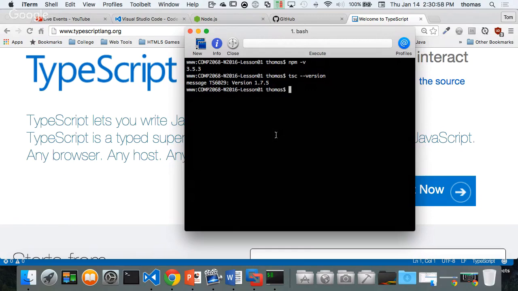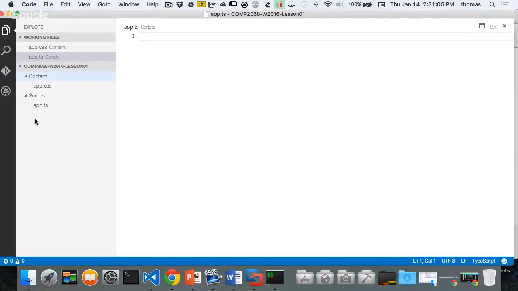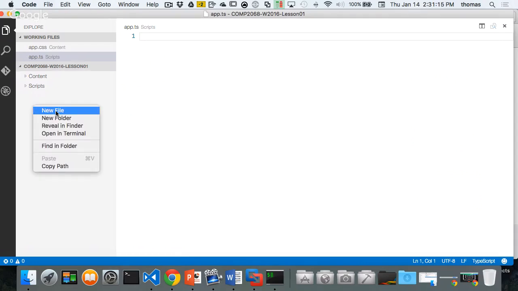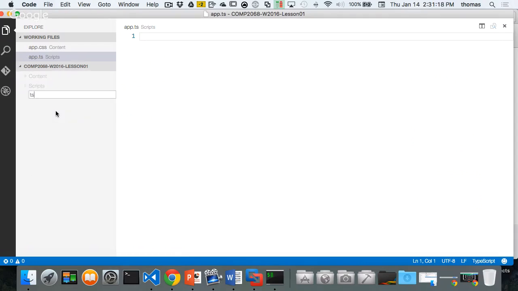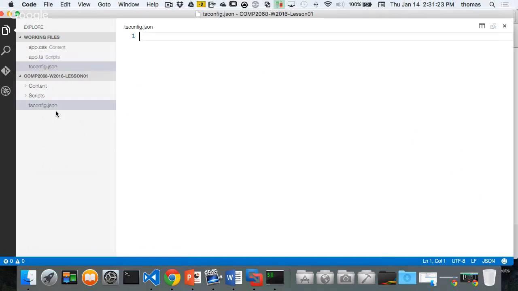Okay, so what do I do with TypeScript? If I have TypeScript working, then I can transpile. And this is how I want to set up my project now. Outside of these two files, I want to create a single file called tsconfig.json. All right, so right-click, new file, and we're going to type in tsconfig.json and press enter. Okay, tsconfig is our TypeScript configuration. That's what it is. And the JSON is JavaScript object notation format that we're going to hold in our files,